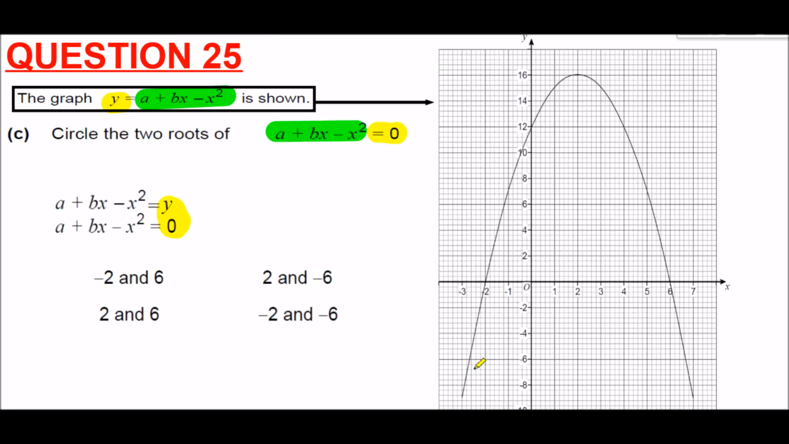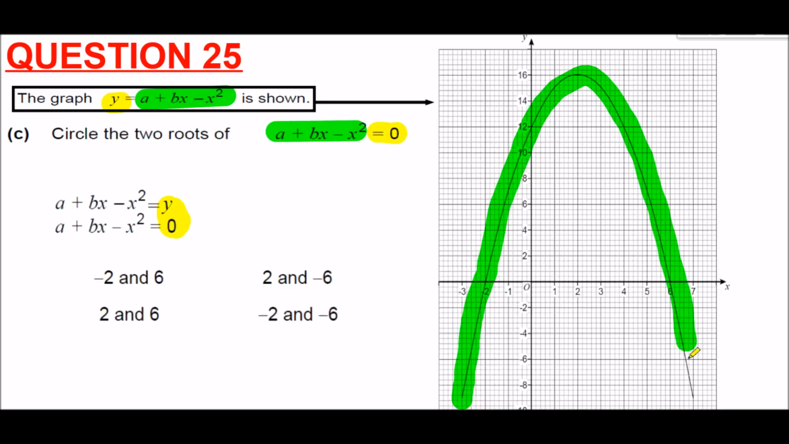And so it's just a case of whereabouts does this curve, this green curve I'm going to colour it in, where does it cross the x-axis? Whereabouts is this curve 0? So y is 0 along here. And so the two values where it crosses at 0, y equals 0, are minus 2 and 6. These are the values of x